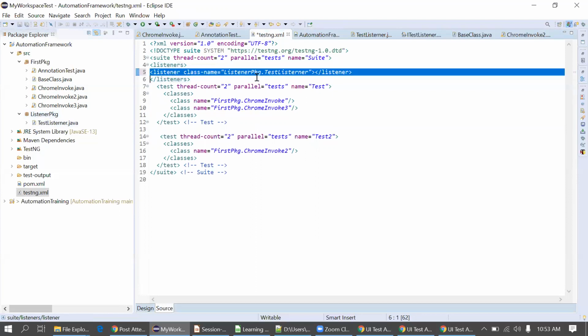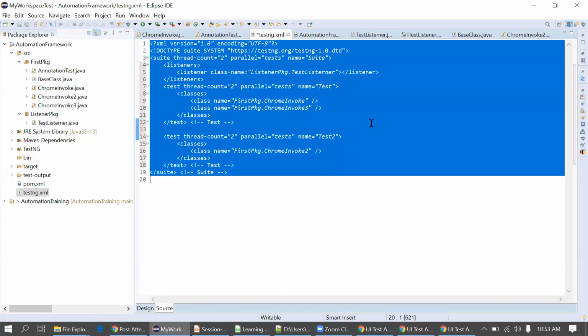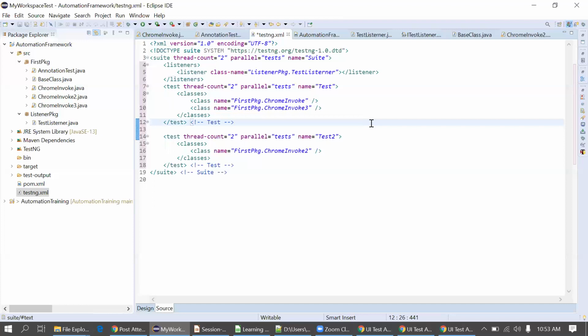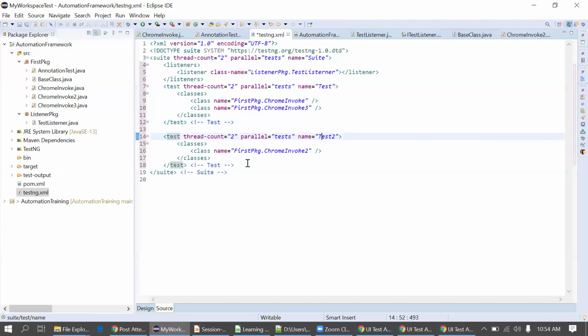In this way, you can define the listener here itself in the testng.xml as well. Always use the shortcut Control A, Control I. It will format your code. So in this way also we can call the listeners. This is a different way to call the listener.